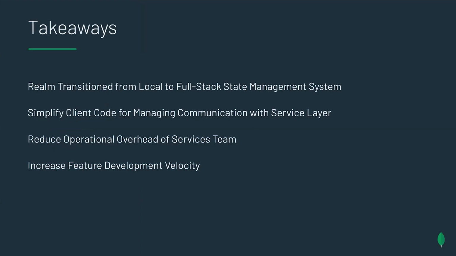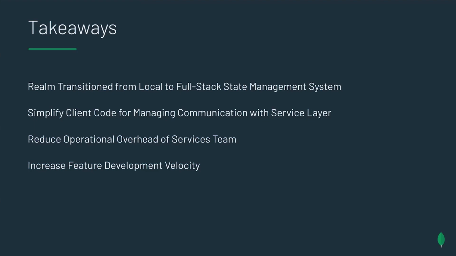So let's get down to the takeaways. Before, MongoDB Realm was just a local-only source of truth that required much wiring to get there. You had to do all the serialization, deserialization, HTTP, and be cognizant of connectivity. We don't have to do that anymore. We look at Realm as a full-stack solution.